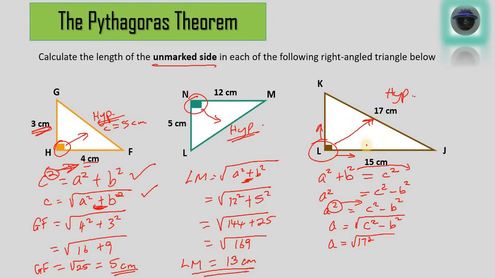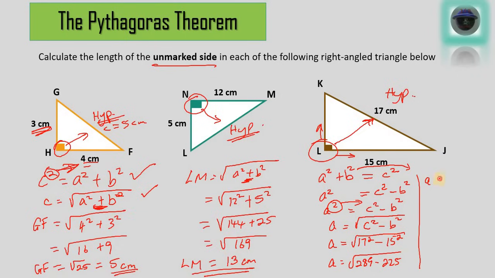So basically, if you look at these two measurements for the right angle triangle, just square the larger side first minus the square of the smaller side, and that's it. So the square root of the larger side squared minus the smaller side squared. As easy as that. So we have a equal 17 squared is 289, 15 squared is 225, and so now